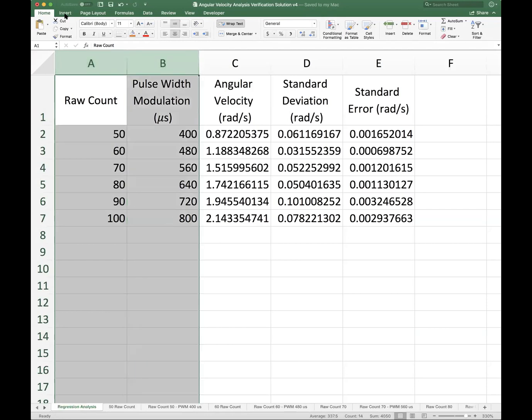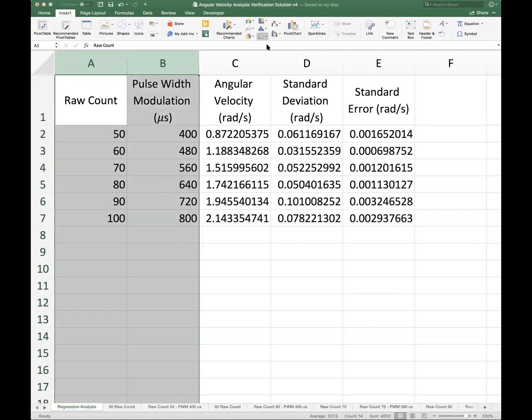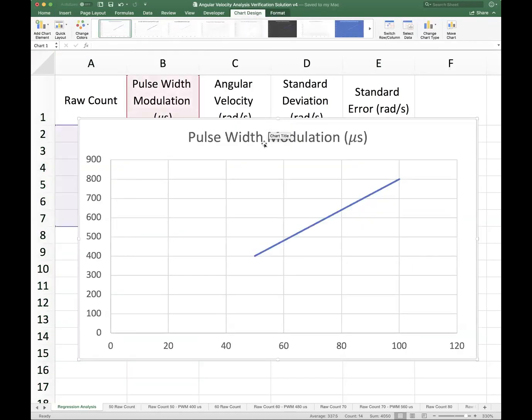I'm going to say insert, go to scatter, and select smooth. No, why do I want smooth curves? I don't want smooth curves. I want to change chart type, and I want points now. So you'll see that we have points here. All right. And I guess we could go all the way back to 0, but we don't have to do